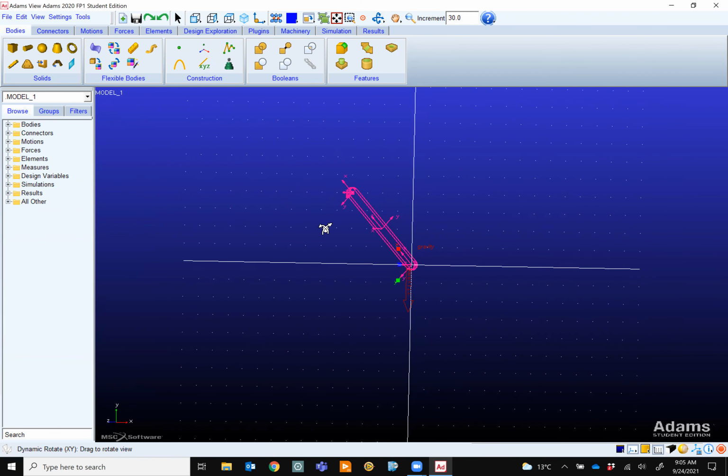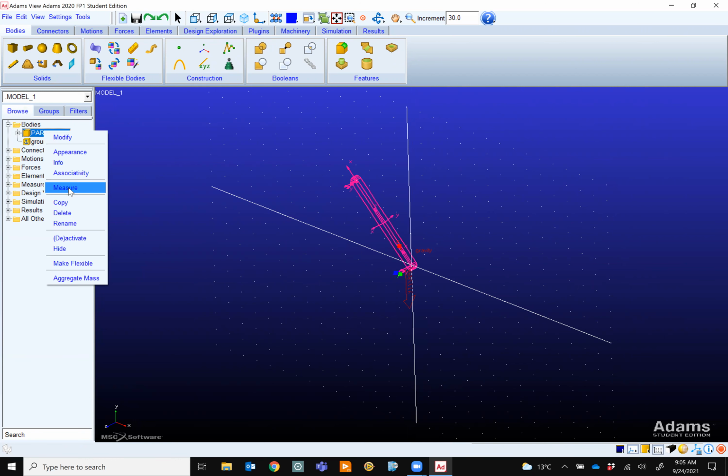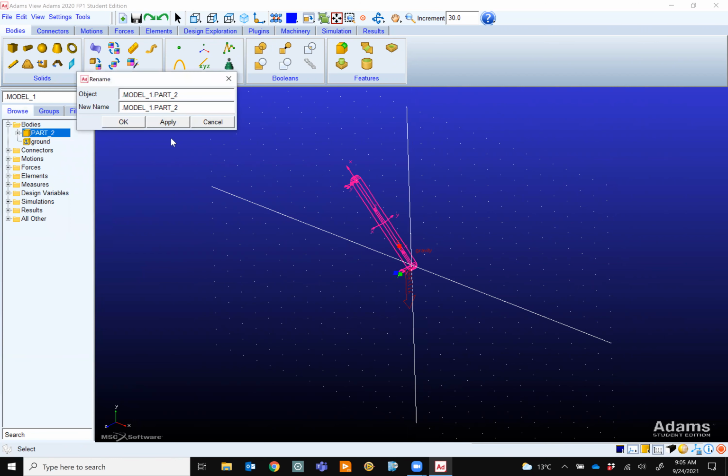This is in fact a 3D link, but it is on plane for now. We keep things simple. This link is here. This is part 2. I can rename it and call it link 2 or link 1, whatever we like to call it.